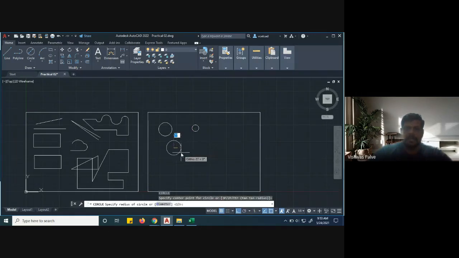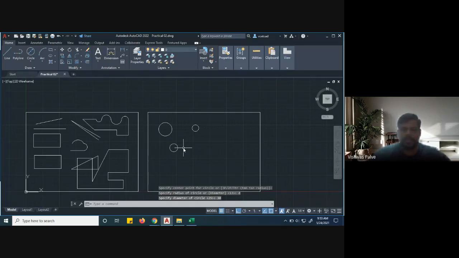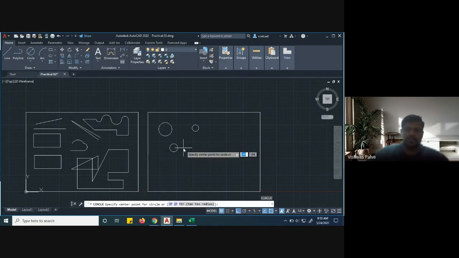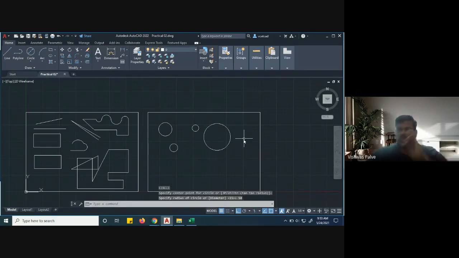Then you can see in the bottom command line there is a D. Just press D, enter. That command will get activated, and say 30 millimeter diameter. So these features we can bring. Is that clear? Diameter and radius. By default, it will always ask for the radius, and suppose if I enter 50 millimeter, that will give a radius.